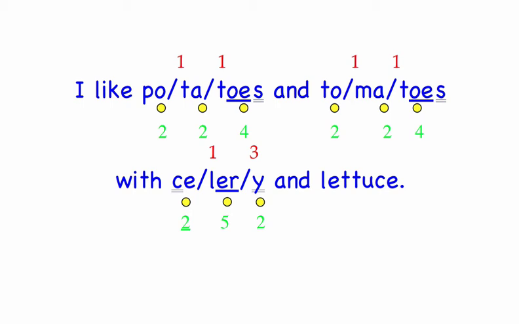Sentence 7. We watch video on cable with much amusement and enjoyment. We watch video on cable with much amusement and enjoyment. We watch video, V, two sounds, V, I. D, two sounds, D, E, O, one sound. Video on cable with much